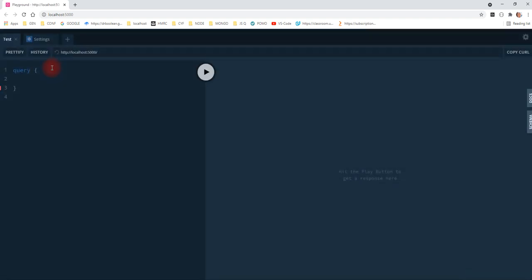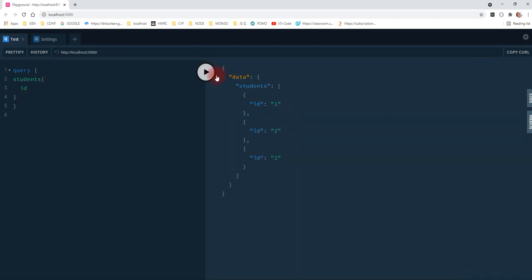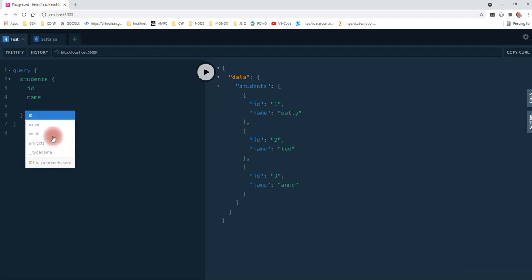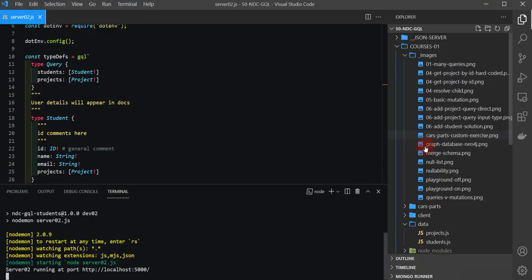refresh, and let's come in here and see if we do control space. We can see we get students. Now if we do this, we get an error, of course, because it says it must have subfields because it's not returning a scalar. So we do this, and now we can see we can get a list of all the different things, list of the IDs. Let's prettify this, come back down. If we do name, and if we do email, we get those all back,